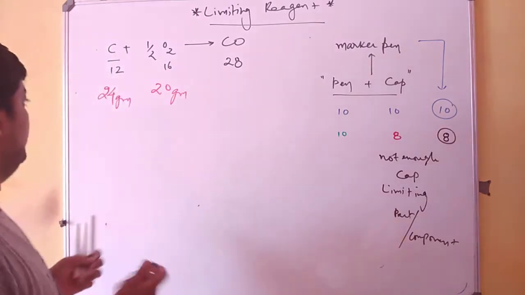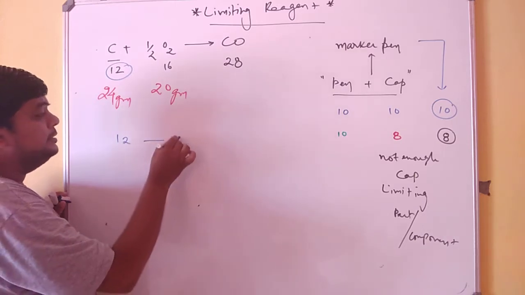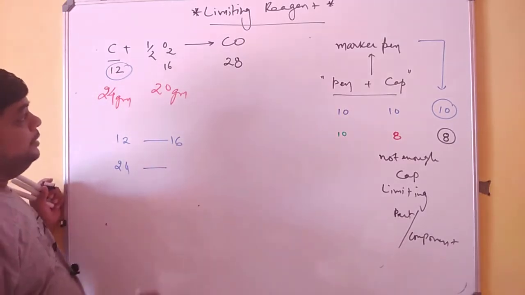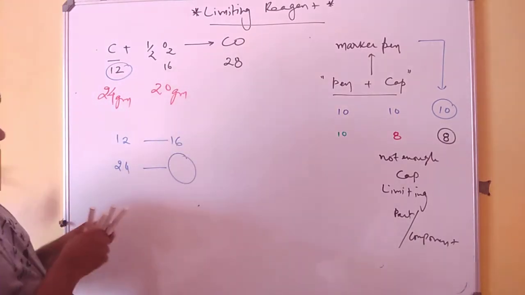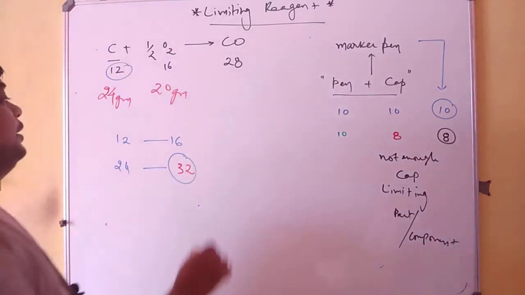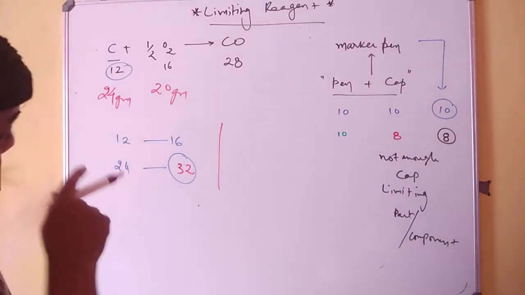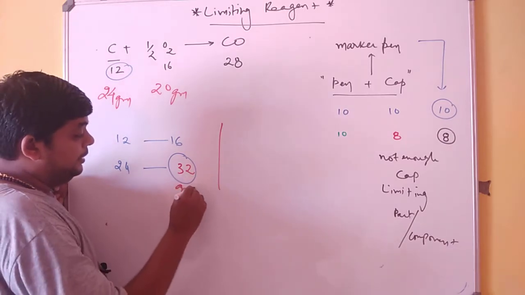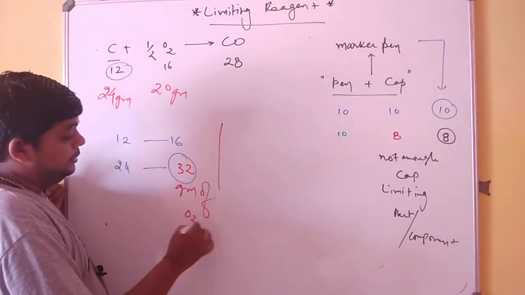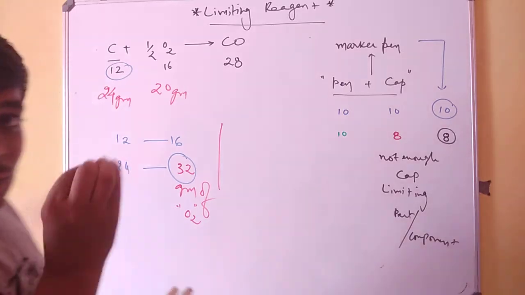Therefore, over here 12 gram of carbon requires 16 gram of dioxygen, so 24 gram of carbon will require, just make a cross multiplication and the answer will be 32 gram of dioxygen. What I told you, if you are still confused, always do cross multiplication for all the reagents. Over here, I just did the cross multiplication to get the required quantity of dioxygen, and it was 32 gram of dioxygen. Let us do one thing before concluding the answer.